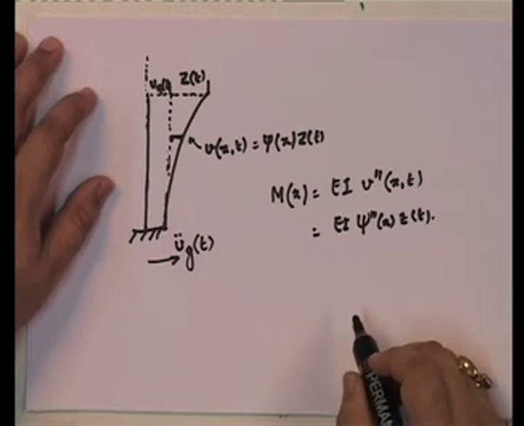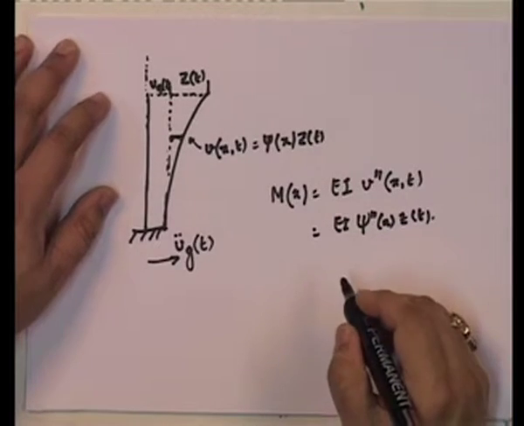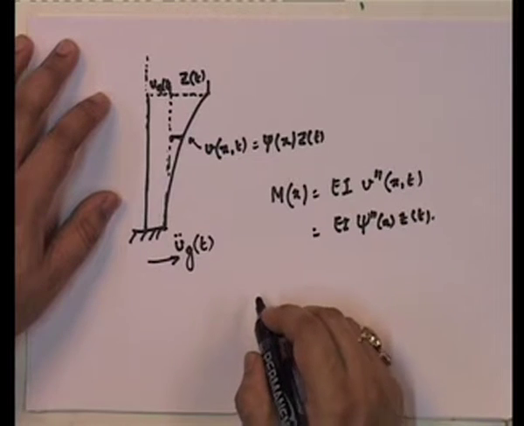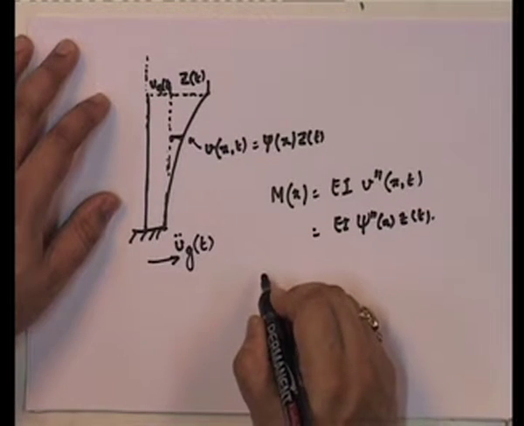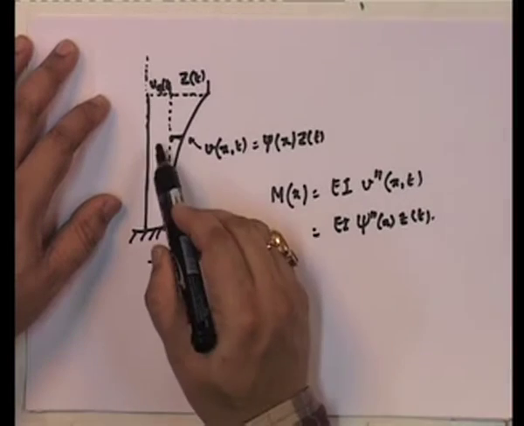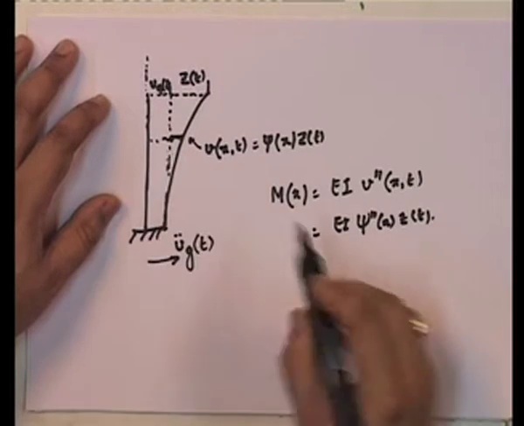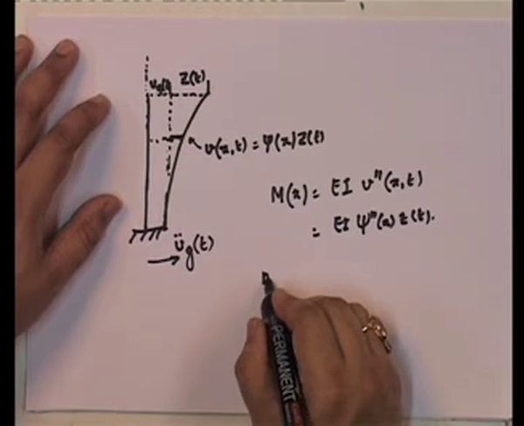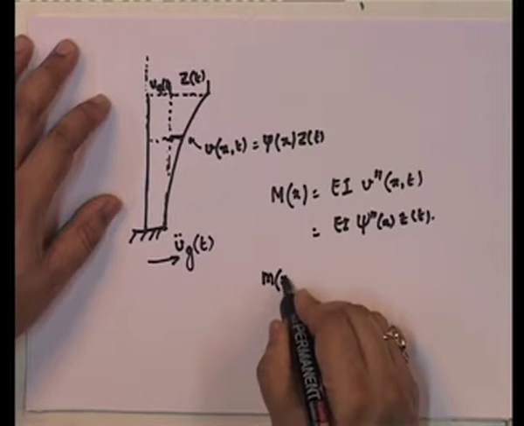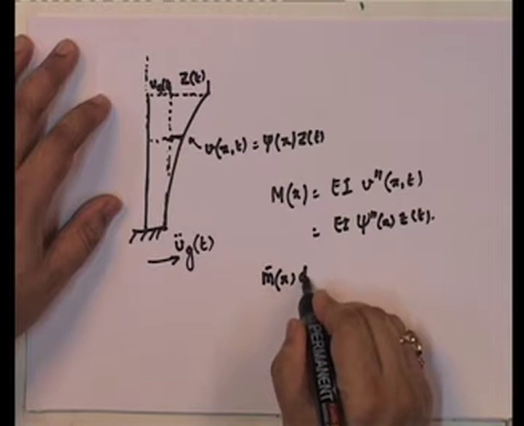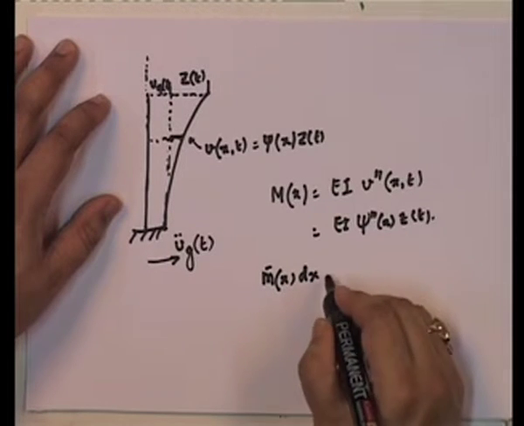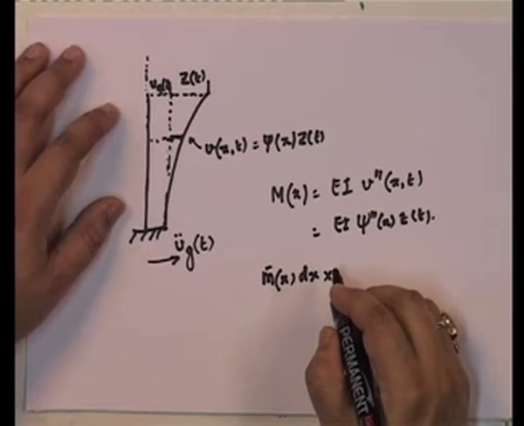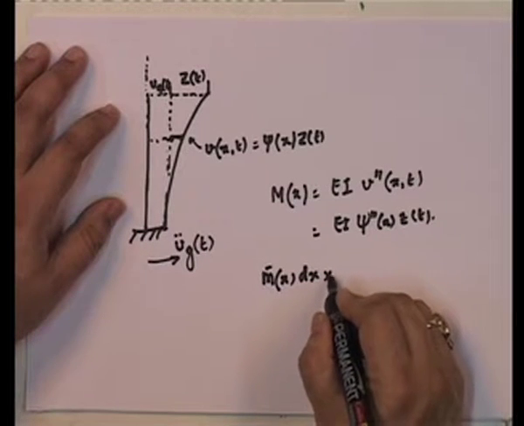So, this is my m x due to the deformation, and let us look at what is the acceleration that this point undergoes. The acceleration that this point undergoes is the following. It is equal to m bar x dx, that is again the mass, times the acceleration,